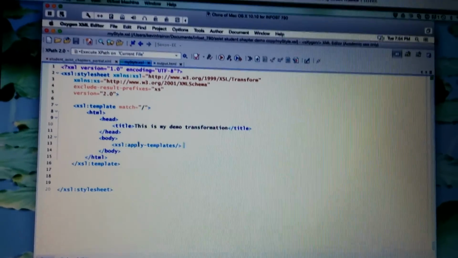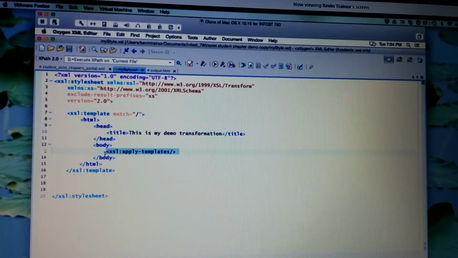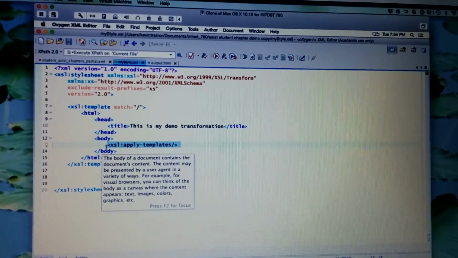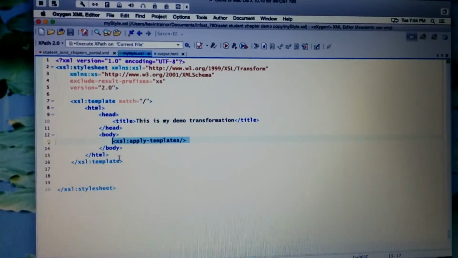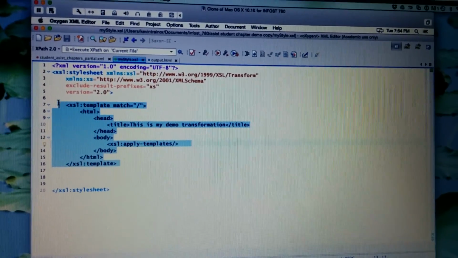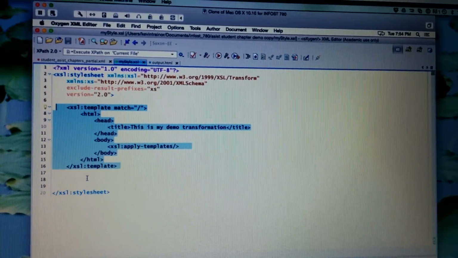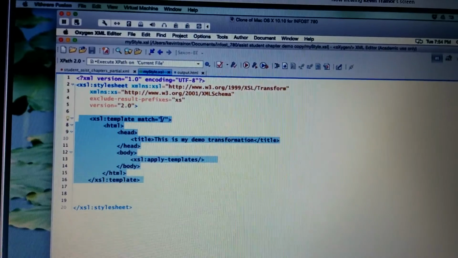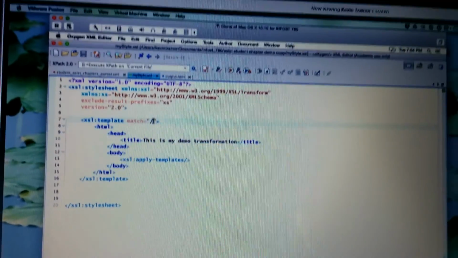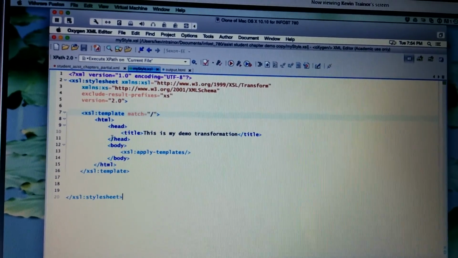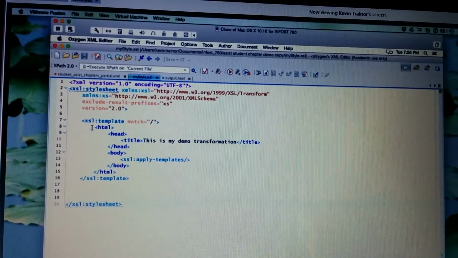Instead of just allowing the processor to go through the content that's in the input document and say, well, I don't have any rules that match that, just like we created this kind of dummy rule, we're going to create rules that match on the particular element names. And when we get to the element name, we're going to tell it the same kind of thing. We're going to tell it, okay, put out some